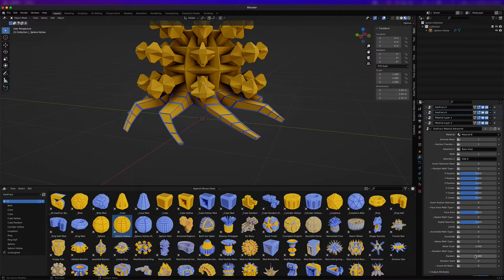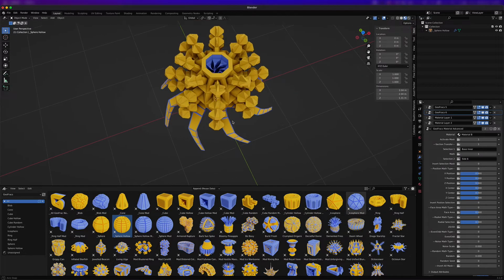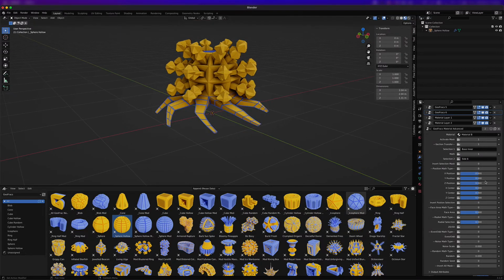So if we turn this to 1, this is basically a percentage. So what percent of the mesh do I want to select? So it's selecting all the different faces. If I go over all the way to 1, it's going to be 100%. I could do that, but I don't want to. That's only for certain circumstances. So we have the inner, we have that,